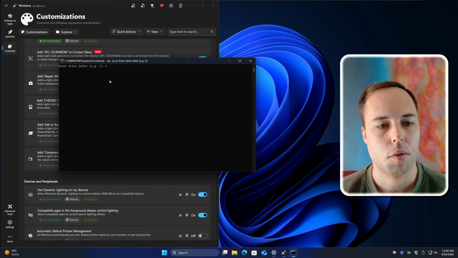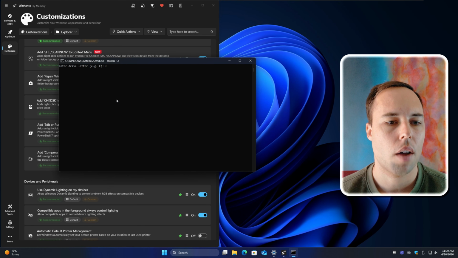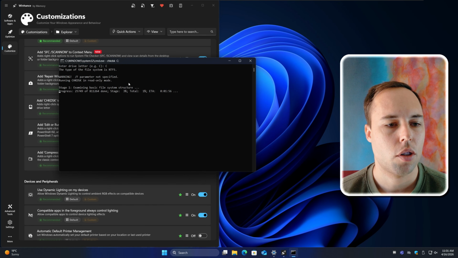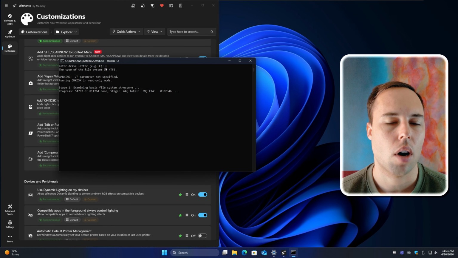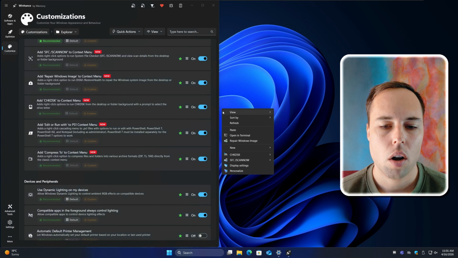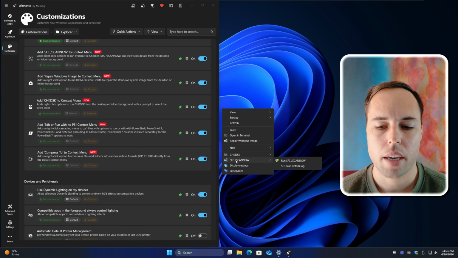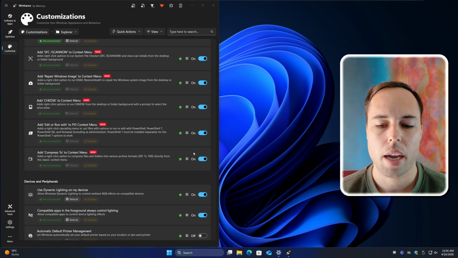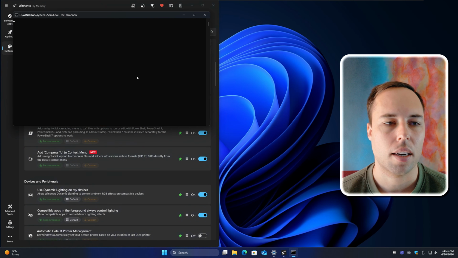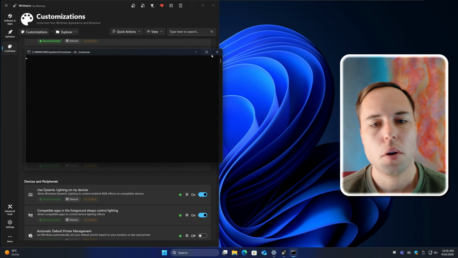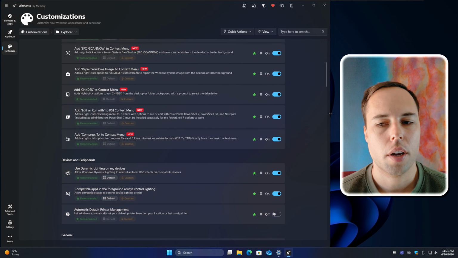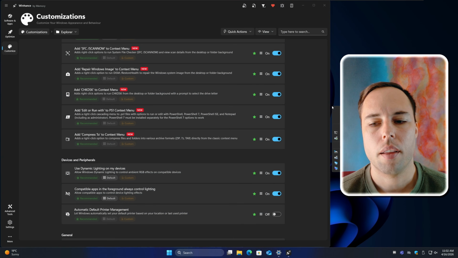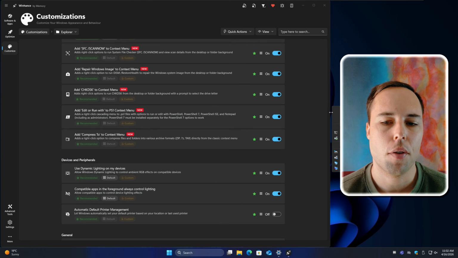So for example, if I do C for the C drive and I press enter, it's going to run through check disk and then actually go ahead and run check disk on that drive that you specified. Moving on, you'll also have SFC scan now, where you can run SFC scan now. If I select that, it's just going to start SFC scan now exactly like the tweak says. So if you're an IT professional and you need access to these types of commands here, then you can add them to the context menu and they'll always be available for you whenever you need them.